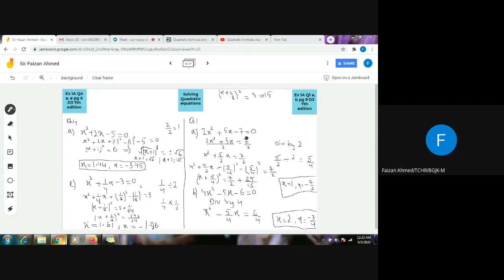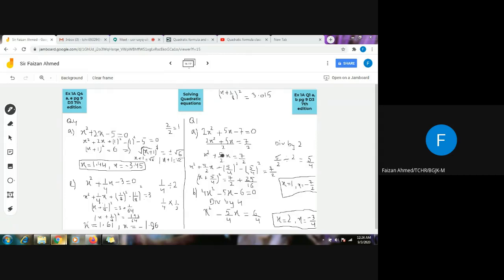I have divided both the sides by 2, and then I have separated this 2. I have written this 2 with both the terms, so this will become x square because 2 and 2 will be cancelled out. This is positive and this is 5 upon 2x equals 7 upon 2. So now I have converted my question like this. My question is pretty much like this now. So now I can see that the coefficient of x square is 1, so I can now apply my method.